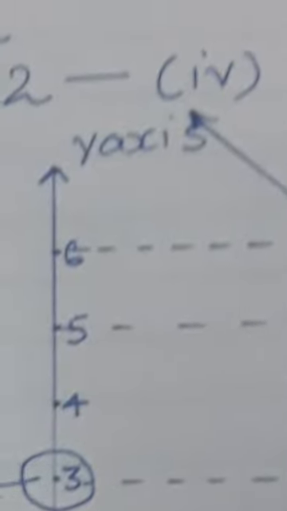We will draw a vertical line passing through this point 4. This dotted line. Okay. And at that time we have got the value of y as 6. Positive 6. So this is the positive y-axis. This is 6. From this mark 6, we will draw a horizontal line, and where these two lines are intersecting, say that point as A. So coordinates of point A are 4 and 6.